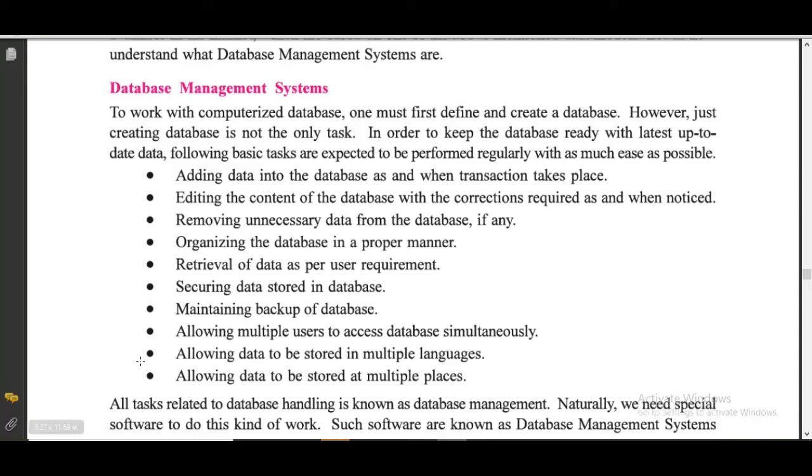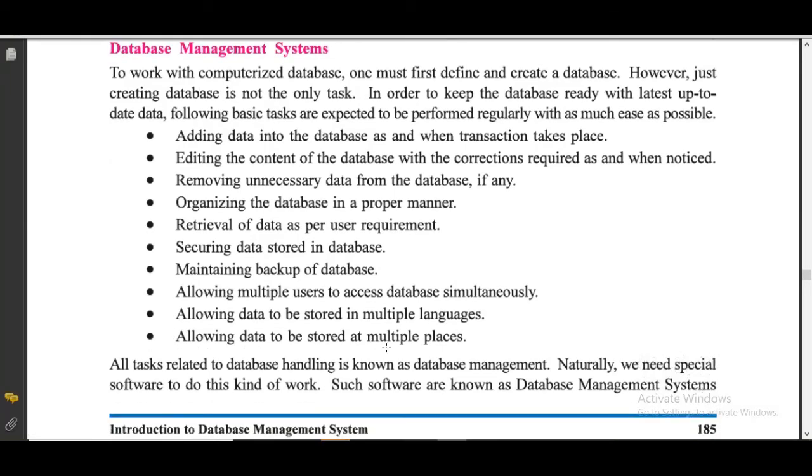Then allowing data to be stored in multiple languages. For example, if there is an organization, a company, and this company is having their offices in multiple states of a country or in multiple countries itself, then there are different languages also, regional languages, and we have to provide that system in the database so that it can handle multiple languages, so that each and every person can get information from it, and each and every person can enter details in his own language.